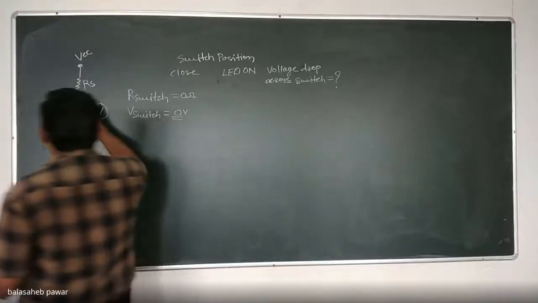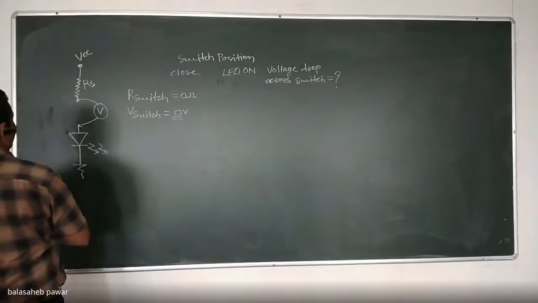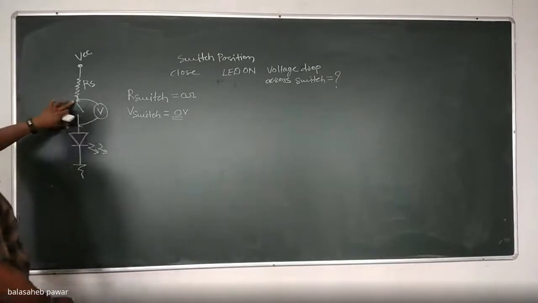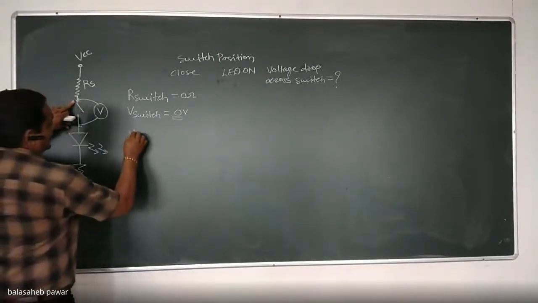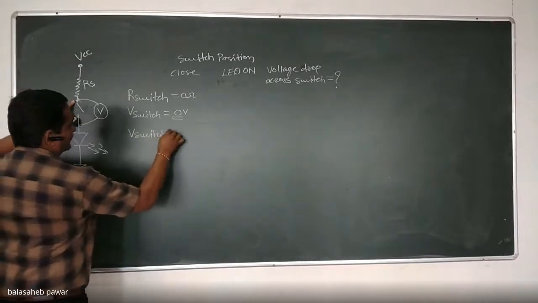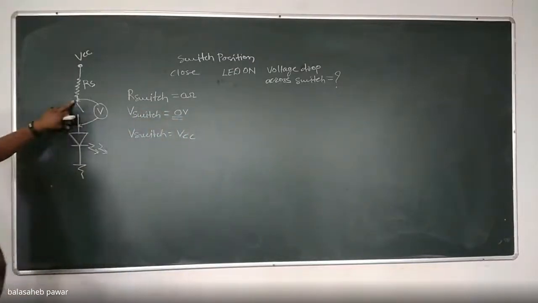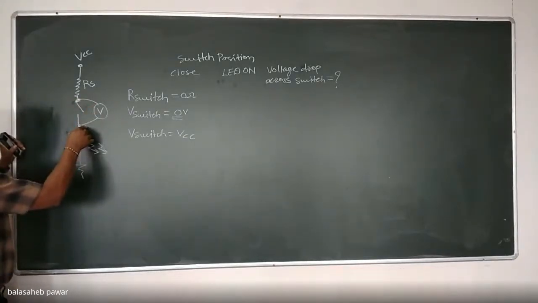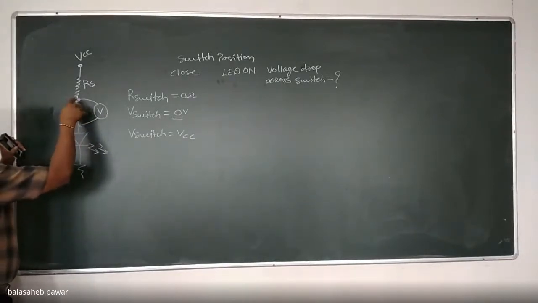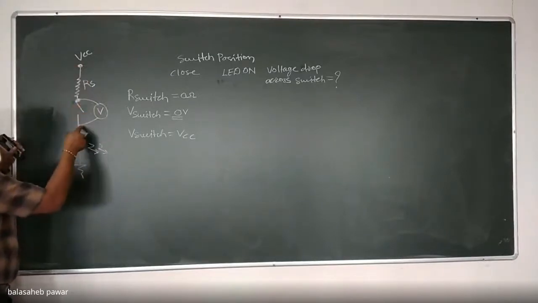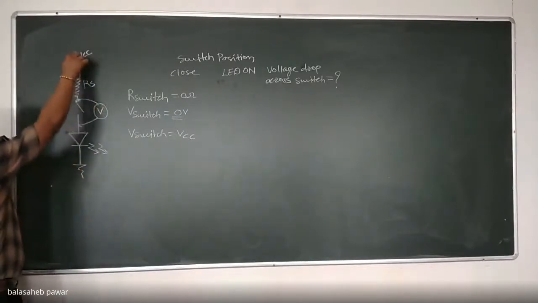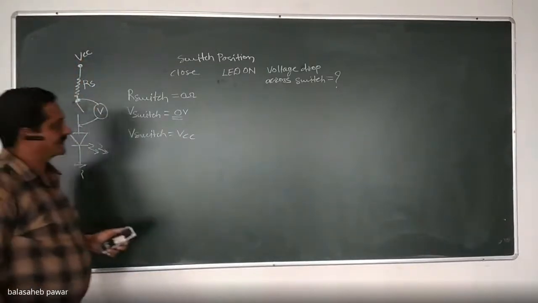Yes, sir. And second case, we'll consider if that switch is open. Then how much will be the voltage across that switch? Voltage across switch, it will be now equal to VCC. Correct? Because we are measuring the voltage at this node, as that DMM is shown. That means as the switch is in open state, we are measuring the voltage at the VCC with respect to the connected device to ground. That means the voltage across that switch will look like somewhat equal to VCC. Correct?